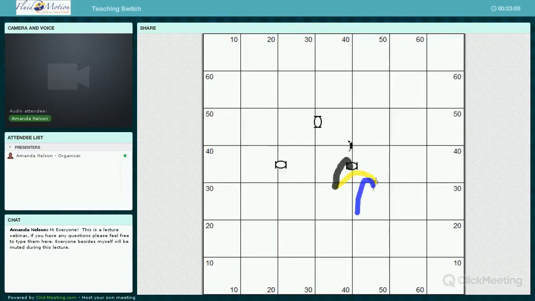So that's kind of how I teach a switch. I enjoy it because it's very easy, it's very simple. It's fun to do. As far as rewarding your dog,